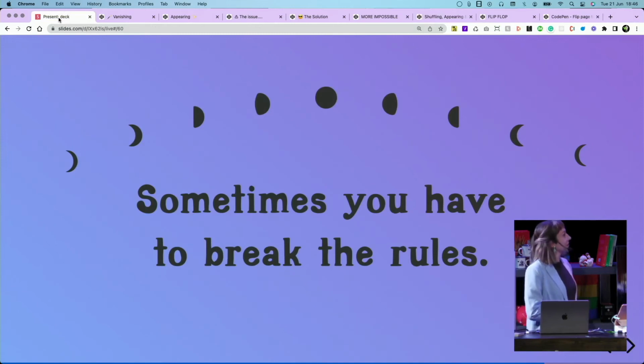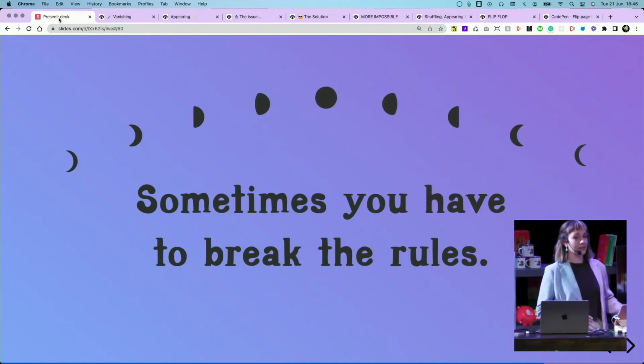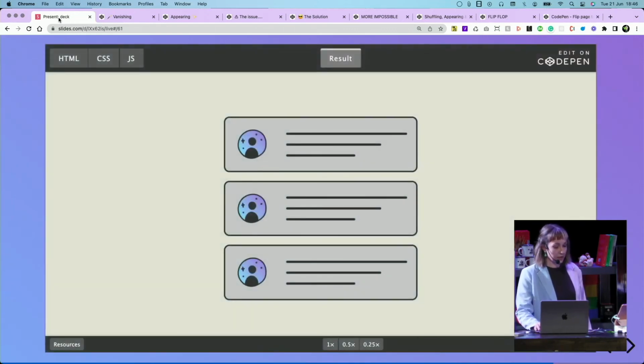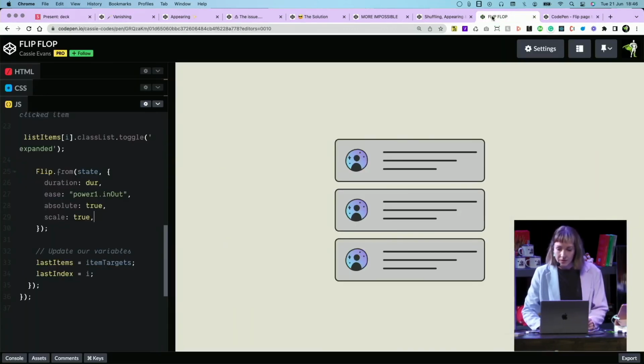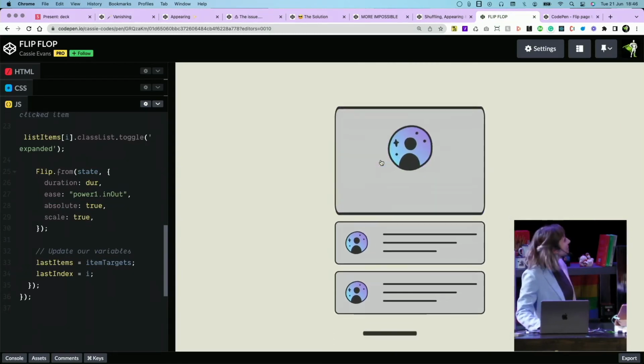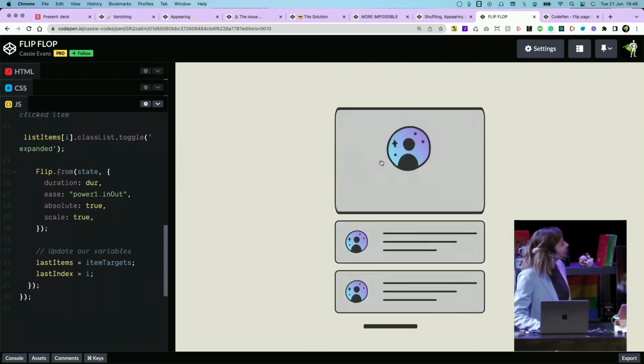So I also know I've said that the whole purpose of using the flip technique is to avoid layout reflows, and obviously avoid layout reflows as much as you can. But it's also worth noting that it depends. Sometimes if you're dealing with stuff like border radius, it can do stuff like that.